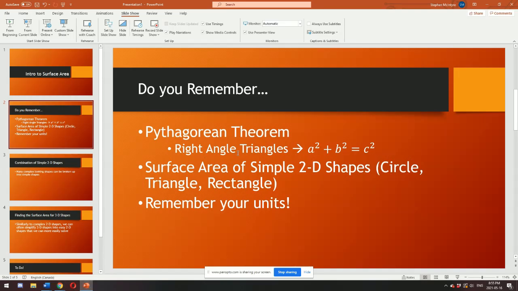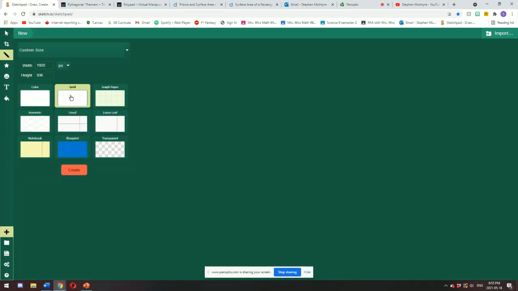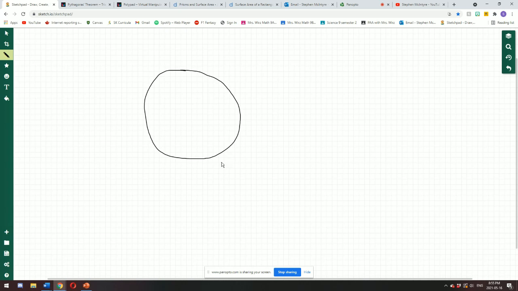Okay, what else do we have to touch on? Surface area of simple 2D shapes. So circles, triangles, and rectangles. Let's go back to our spot here and make a new grid. All right, so if we have a circle, sorry, it's not a very good circle,